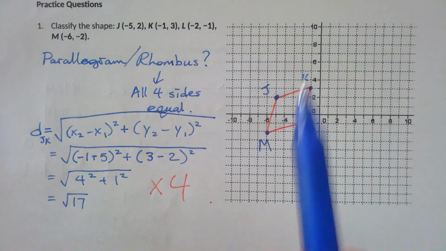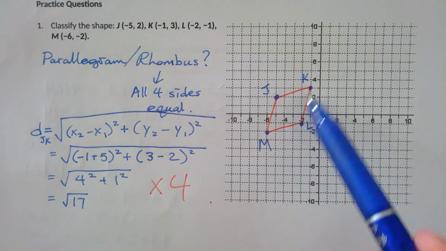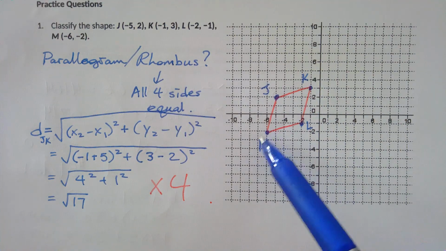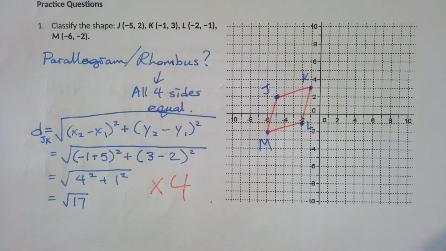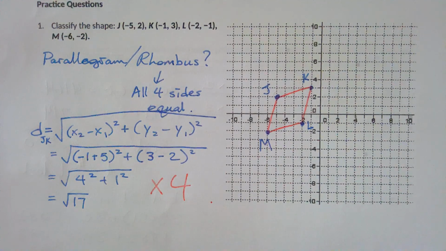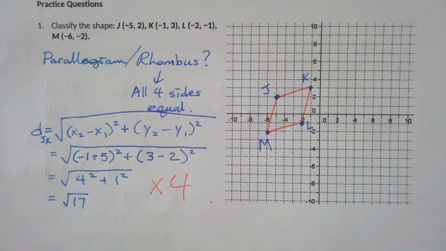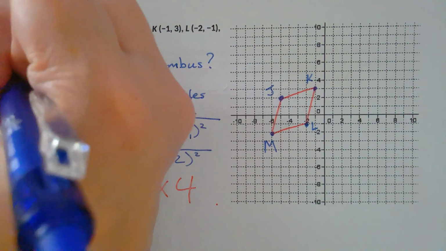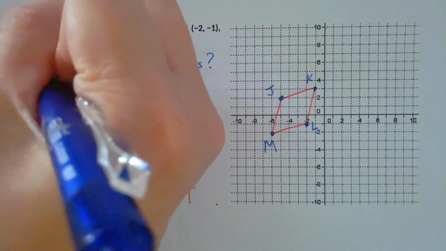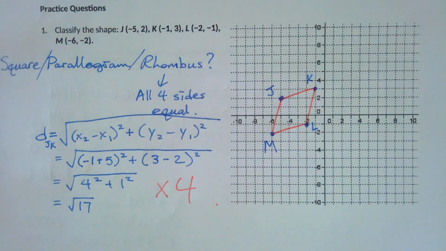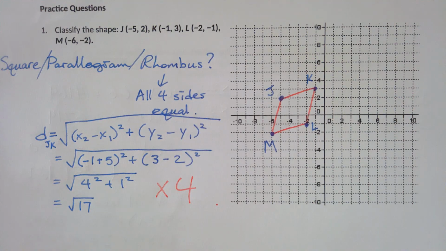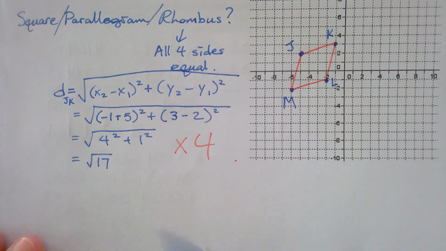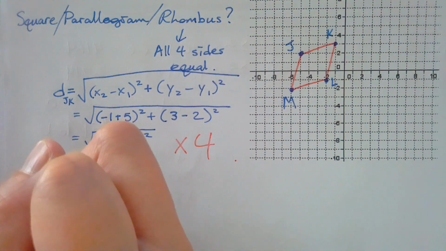Or the other thing you could do is compare the slopes. But when I compare the slopes, I have to compare these two with these two. Right? But then after you compare, it could also be a square, right? So how do you tell the difference between a square and a parallelogram? By the bisector. So instead of finding all 4 sides, you can just find the midpoint of